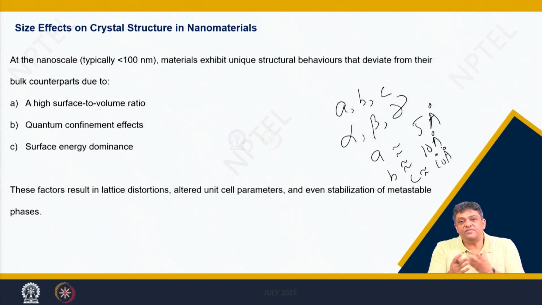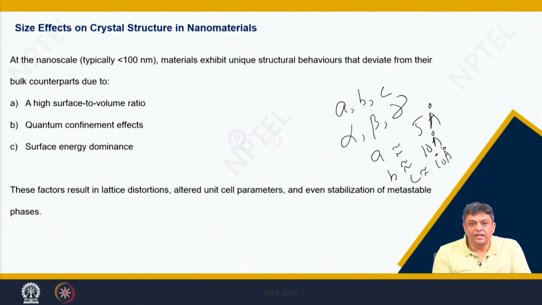Now these are arranging. So, you have a large number of atoms forming one particle, and therefore you have a dimension which is large. So, one unit cell is small, but it is a building block, and a large number of unit cells come together to give us a particle.